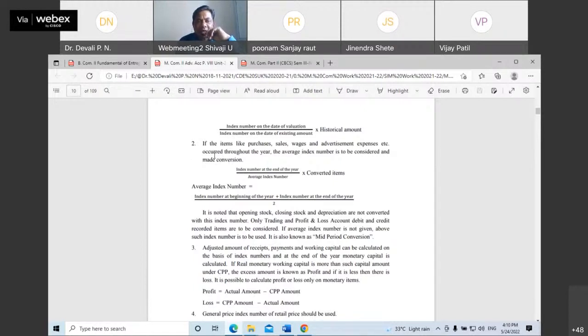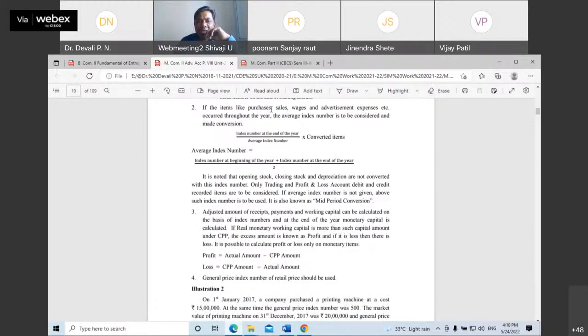Similarly, if there are items like purchases, sales, wages, advertisement expenses, different kinds of items that we are getting throughout the year,